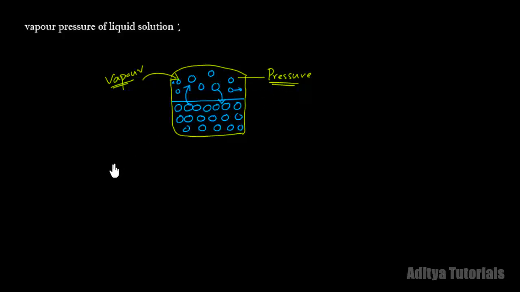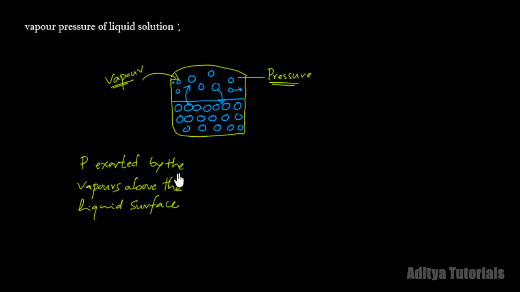Therefore, the pressure exerted by the vapors above the liquid is the definition of the vapor pressure of the liquid solution. Here you can see that these vapors are exerting a pressure above the liquid surface,